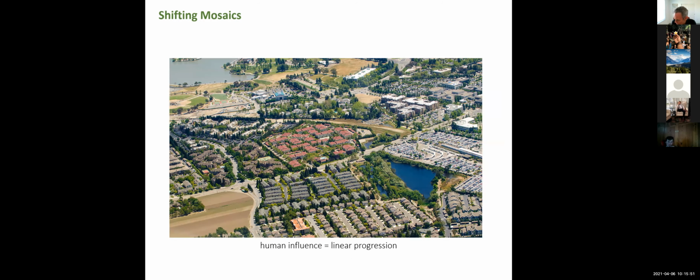When human influence and development patterns enter the picture, it tends to create a much more linear progression and greater fragmentation, as we've seen, as the larger patches are subdivided further and further until there's little or nothing remaining of the original habitat. Right, and this is something that we've seen again and again in some of the different examples that we've studied.